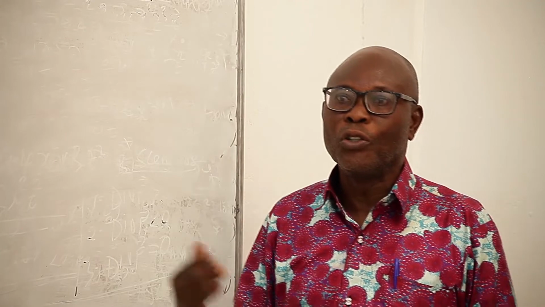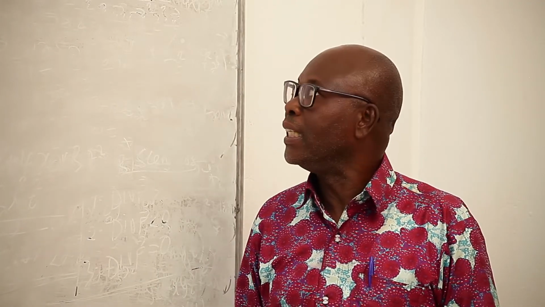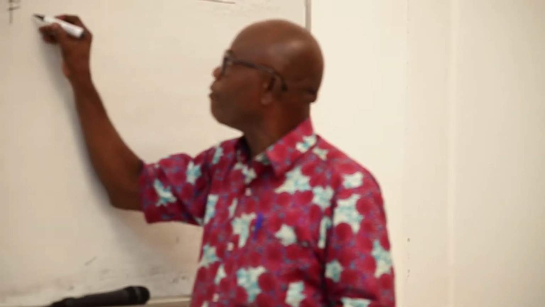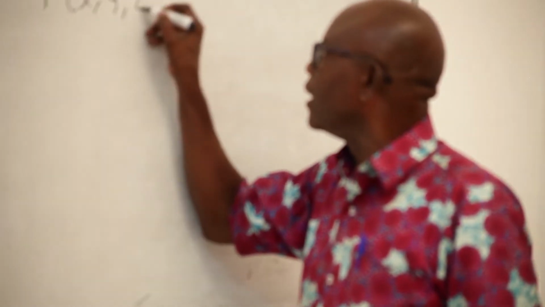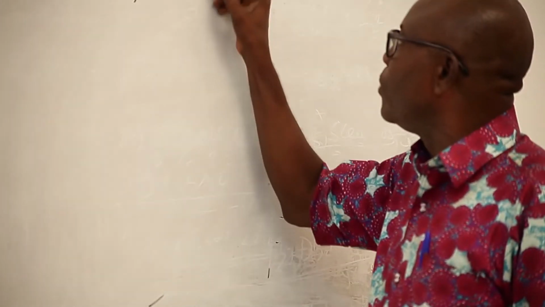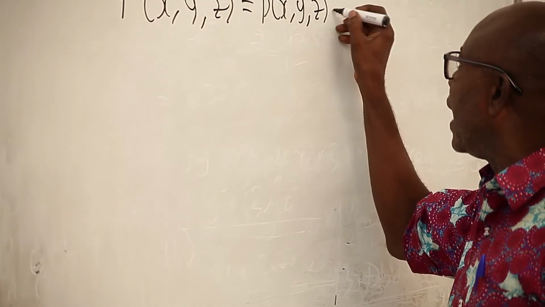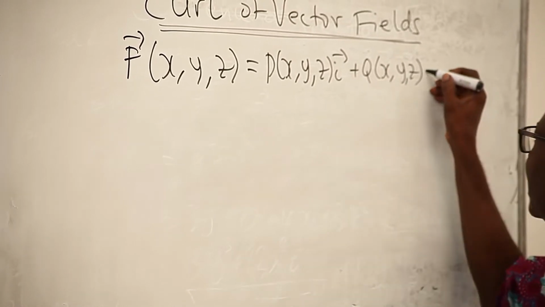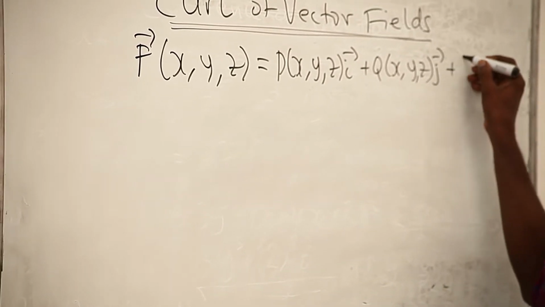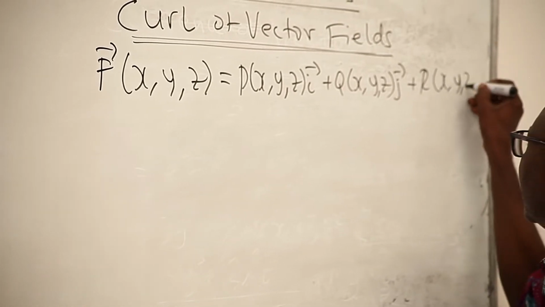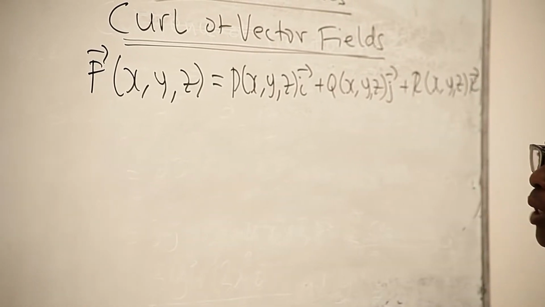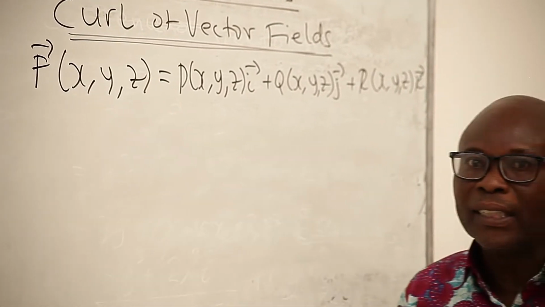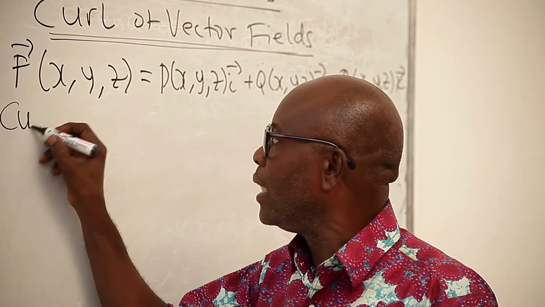So we shall move to the board, and then I introduce to you how to calculate the curl of a vector. So given a vector field F, which is x, y, z, and which has components P(x, y, z) in the i direction, plus Q(x, y, z) in the j direction, and then plus R(x, y, z) in the k direction. The curl of this vector field is defined as curl F,